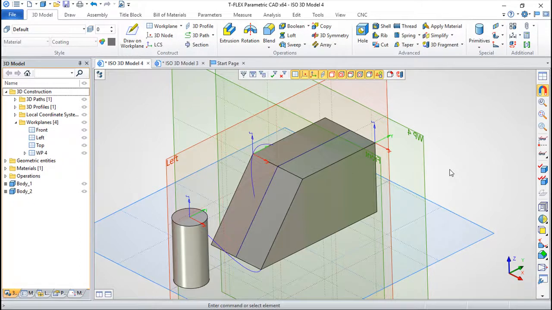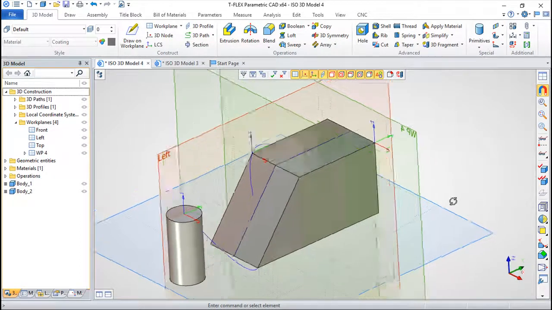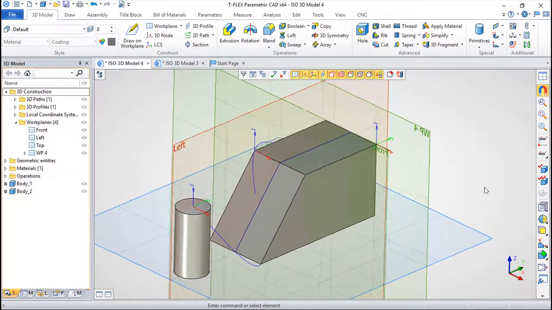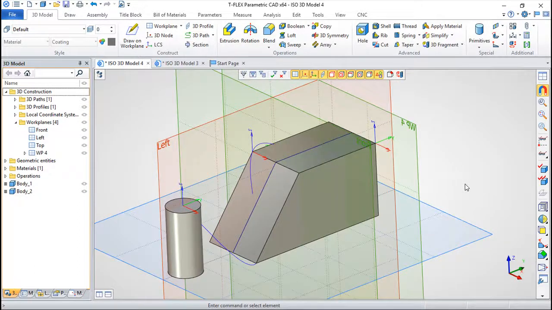I'm sorry for this a little longer lesson about these functionalities. I hope to pass the idea of the main functions about the work plan creation. Anyway, if you need any help, if you have any particular situation that does not fit in these explanations that were shown in here,